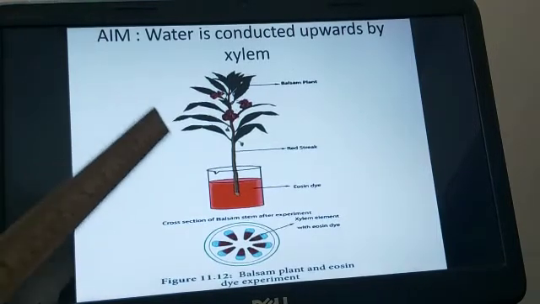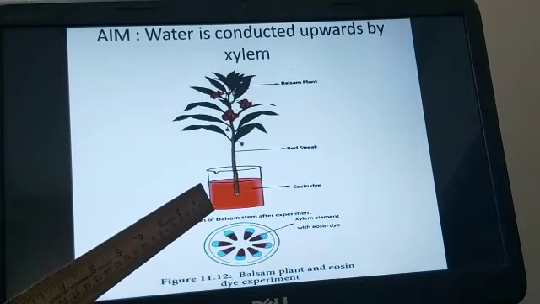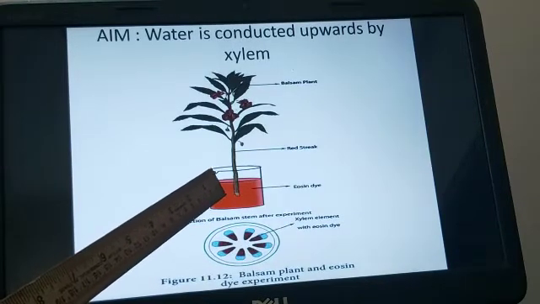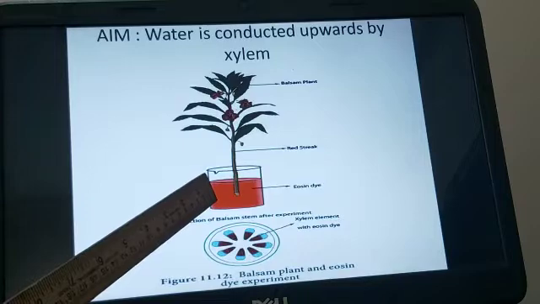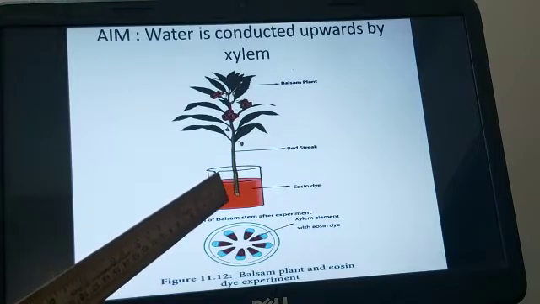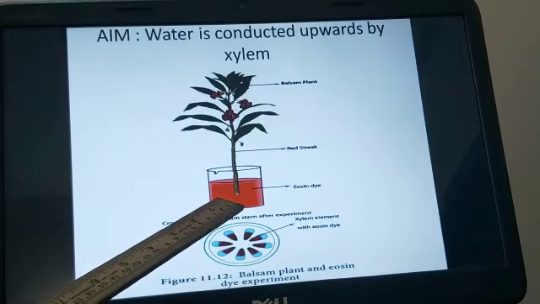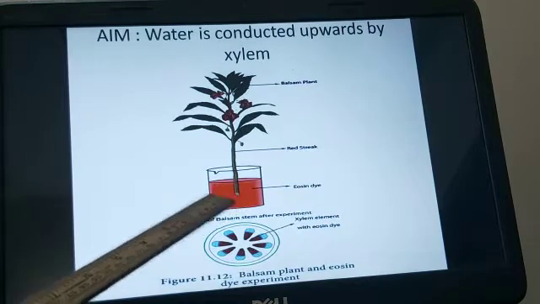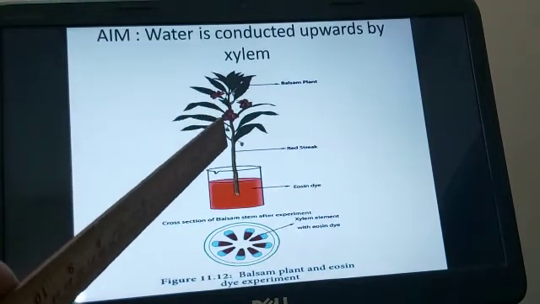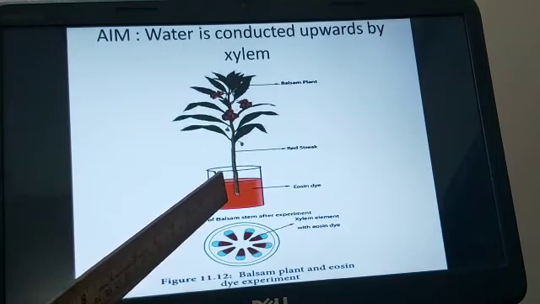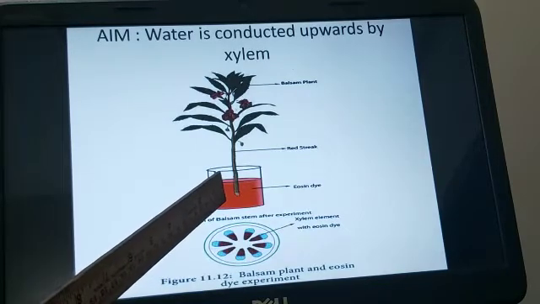Now you have to take a small herbaceous plant, any grass plant or any small plant you have in your house, and then you have to put this plant in a solution with a dye. Now if you have ink in your house, you can use the ink drop also. So any kind of colored solution you have to prepare, and you have to put the twig in the solution, and leave this for some time.